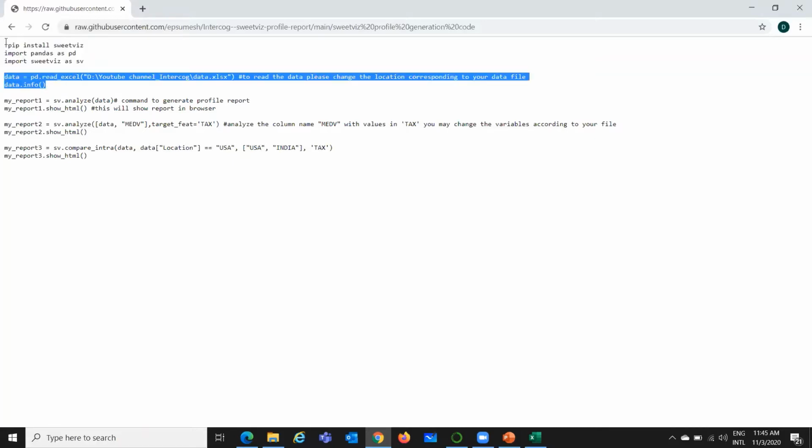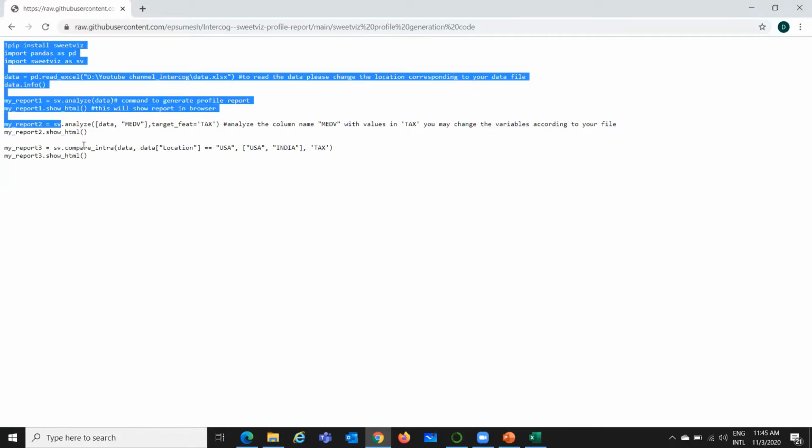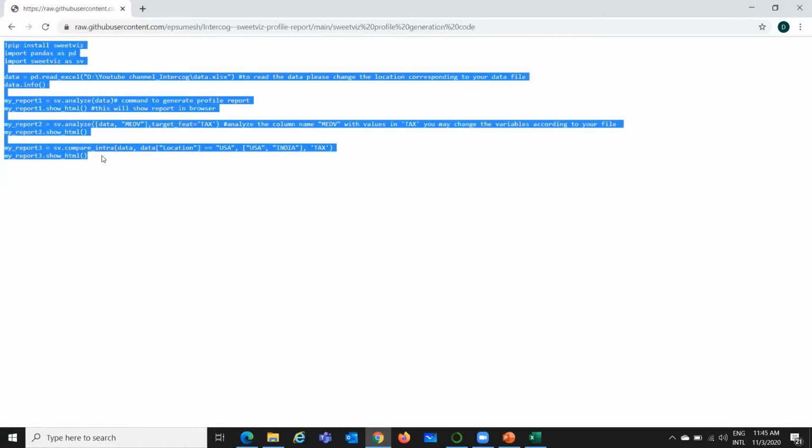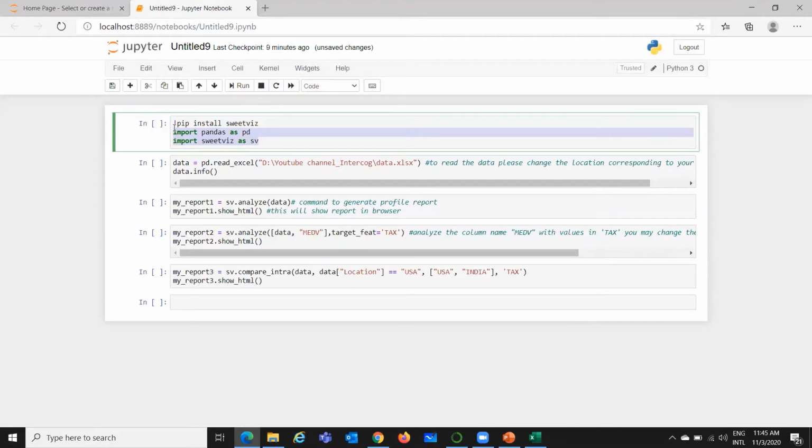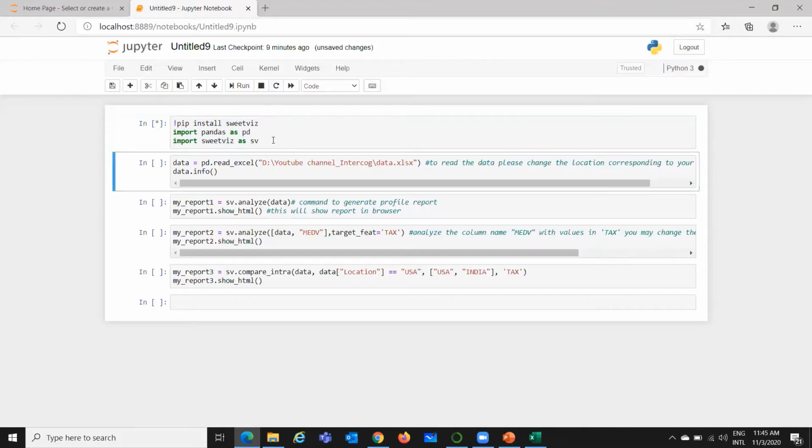But when you are doing it, you can simply copy paste all the commands into the Jupyter Notebook and run. The first line is to install SweetViz and the other lines are to import the corresponding packages. Once you have done that, you can press Shift Enter to run the command.